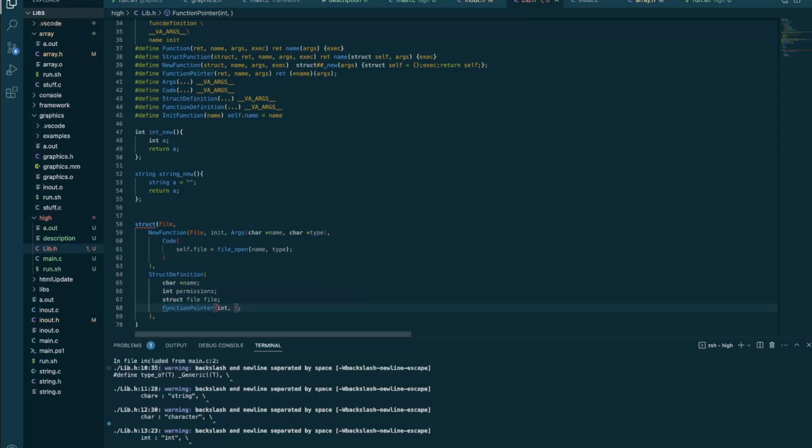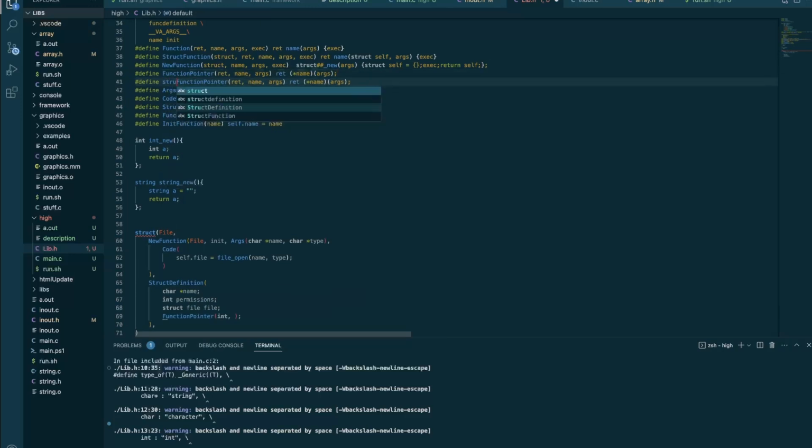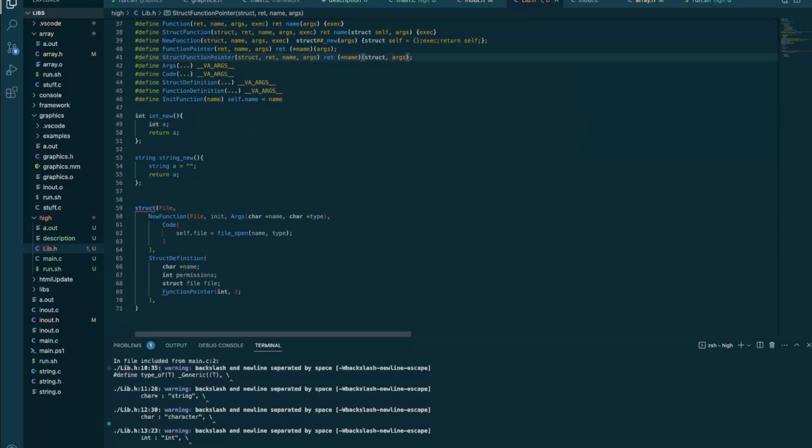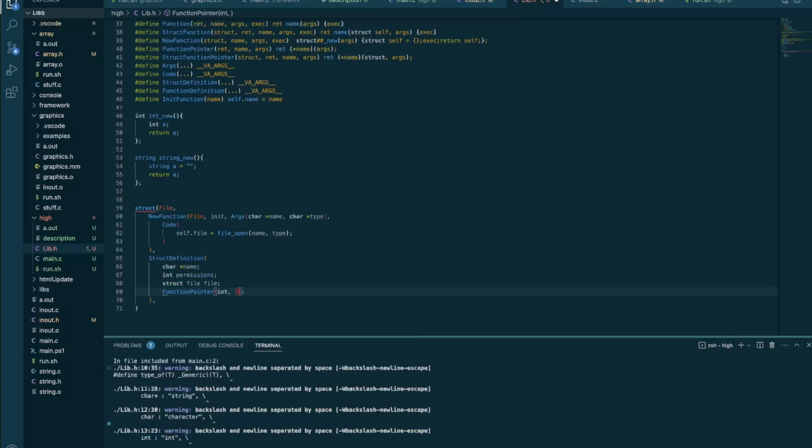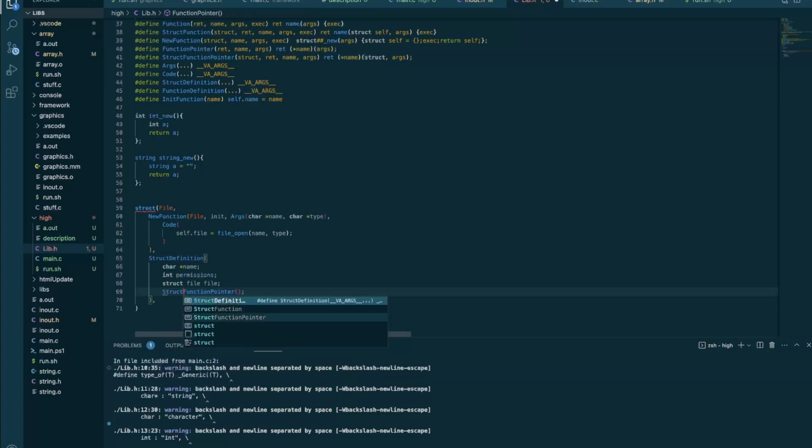So obviously in a function pointer, now we need a struct function pointer so that we can automatically initialize struct index. So now we need to give it a special, we need to use a special struct file pointer. We have to give it a file, and we need to